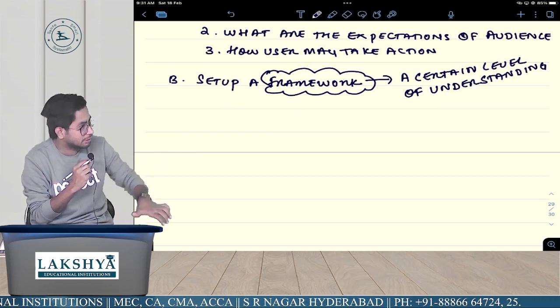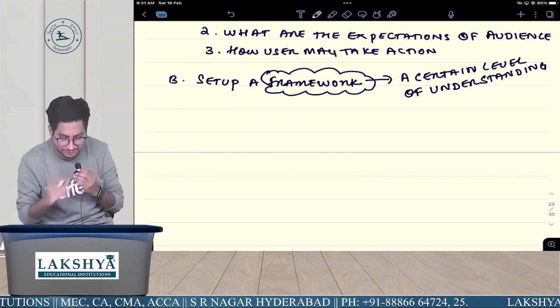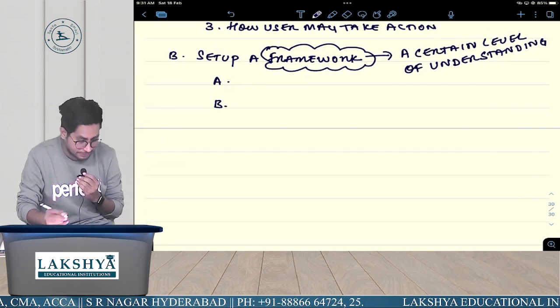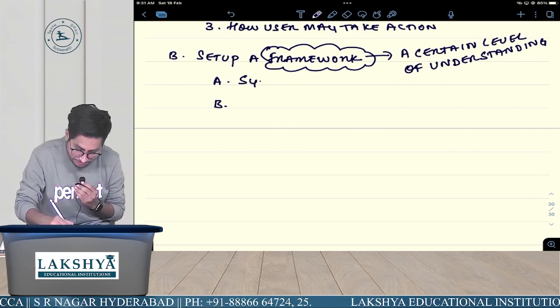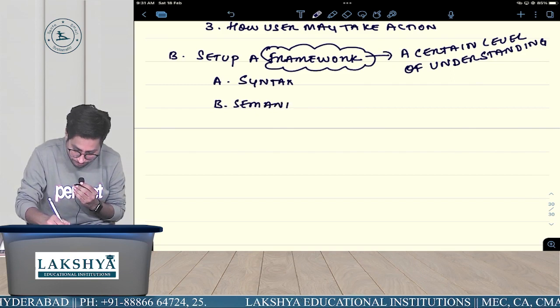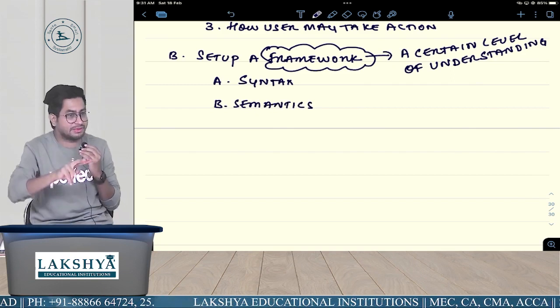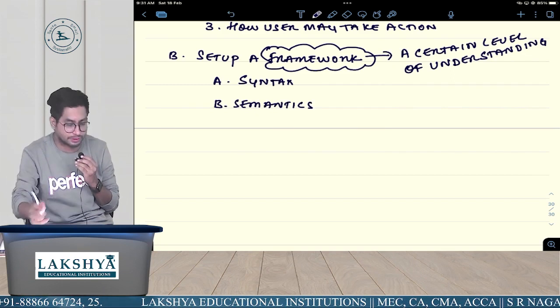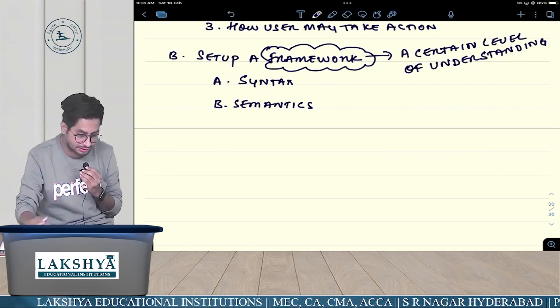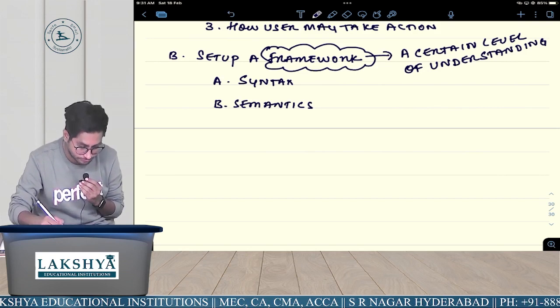Ashok, sir. So framework is divided into 2 types. How many types? Syntax and semantics. Clear? Framework is a combination of how many things? Syntax and semantics. Semantics means meaning